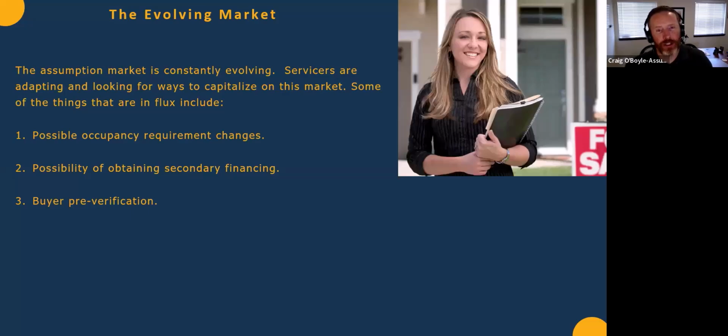Buyer pre-verification. This is something we've added based on market demand. Obviously we get involved when you have a contract, right? But we have had a lot of people say, hey, I want to find an assumable, but what is my range? When you go to get a new loan, you get a pre-qualification. We don't use that terminology because we don't offer any financing. So what we have started doing is the piece that we do in vetting a buyer, we will do before you find a property. It does mean we charge a $50 fee, right?